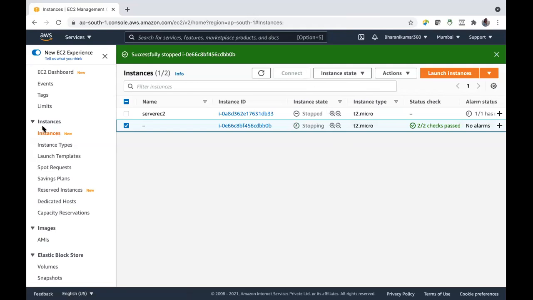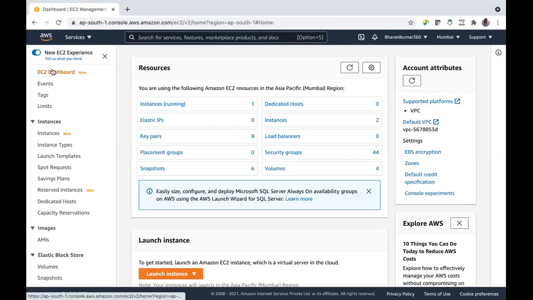And we are talking about these things which are there on the left pane, right? So we have the EC2 dashboard and we know what it is. You can see all things related to EC2. See, I have one instance running. Just now I have stopped it. It takes some time. So now it's 0. Key pairs, we know. Placement groups, we have not talked about that. We will discuss today. Snapshots, also, we have not talked about it.